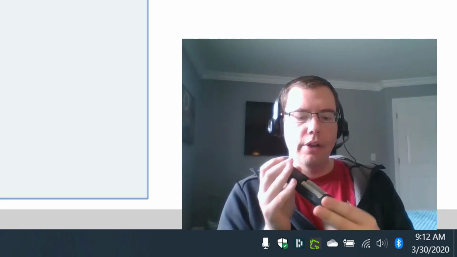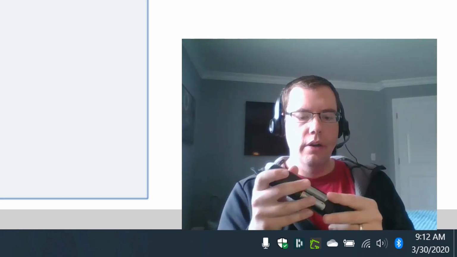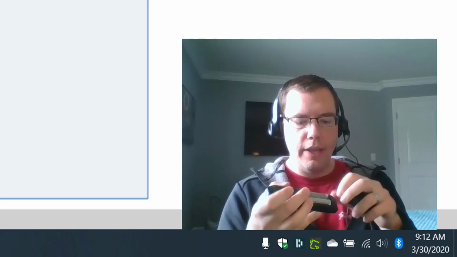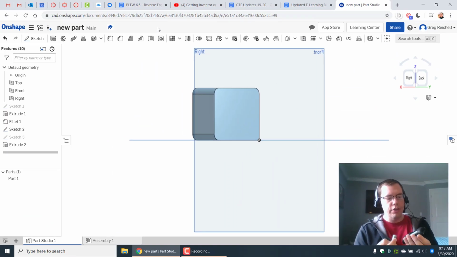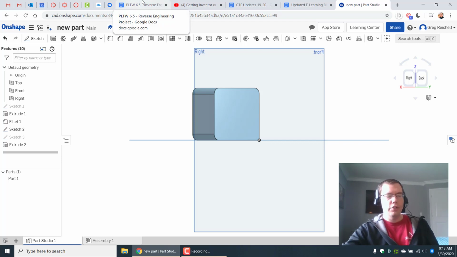Same thing with a battery. A battery is just going to be a cylinder with another cylinder on top of it, and the bottom's flat. I know that if you're looking at a remote, there's a lot of things on here. There are these springs, and all these buttons are different shapes, and then there are buttons on the side. If you don't include those in your drawings or in your part files, that is totally okay with me. Okay, so again, we're just trying to get